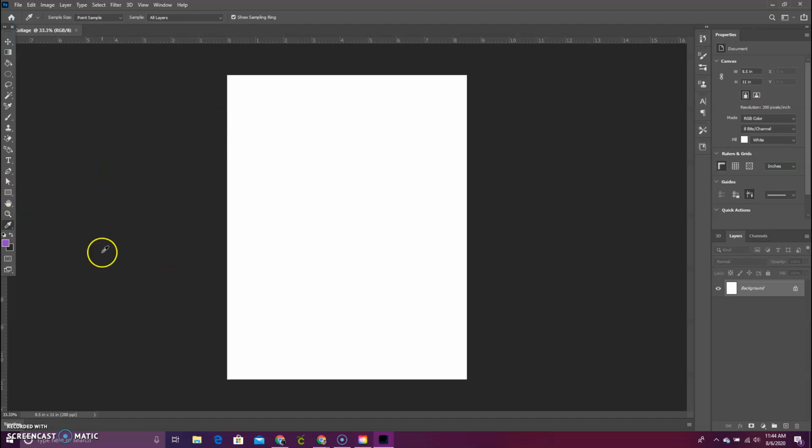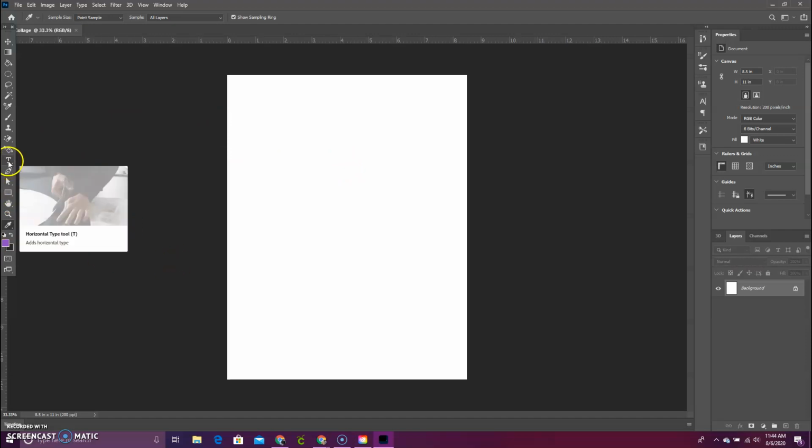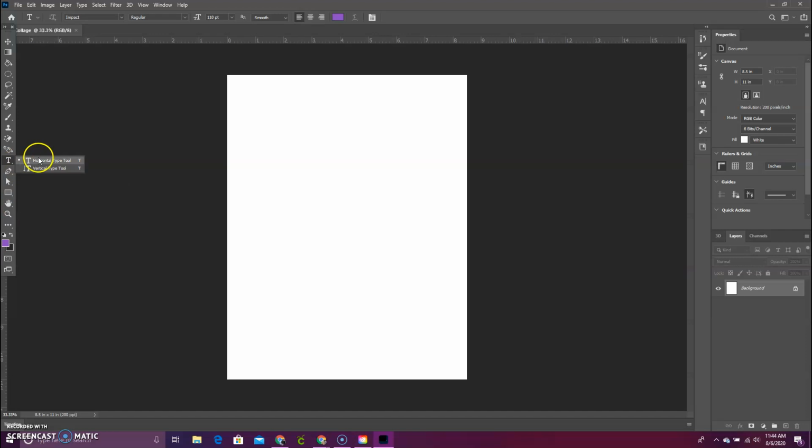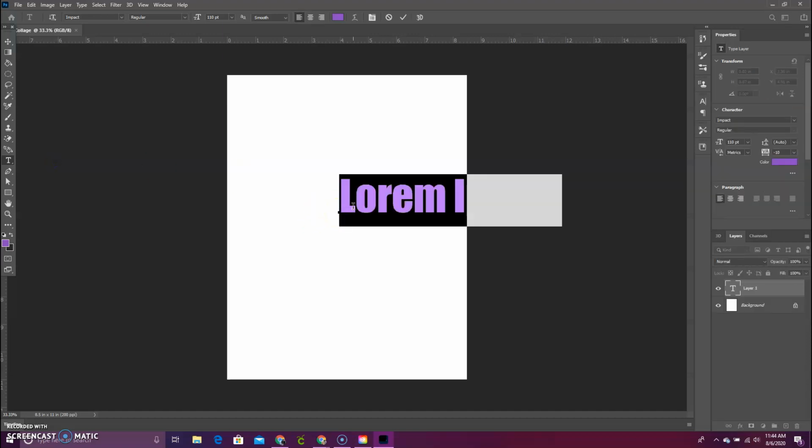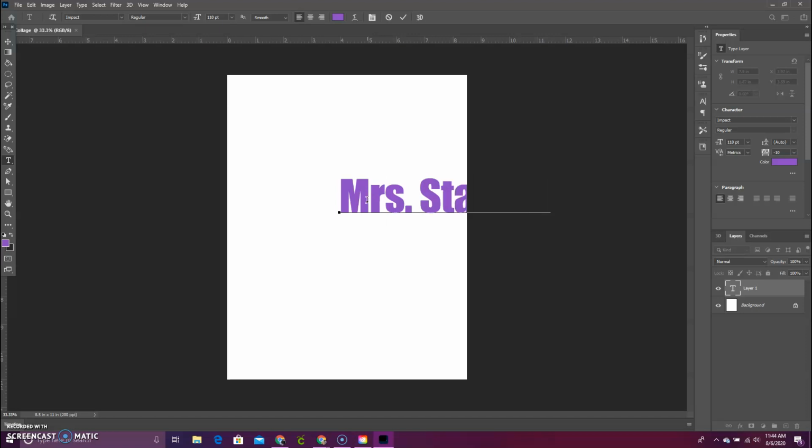So first thing we're going to do is work with that text function. If we left click, you'll see the options within that function. So we have horizontal type and vertical type. Horizontal is straight across the page from left to right, so I'm going to stick with that. I am going to click near the center of my page. You'll see that some text automatically pops up. I want to get rid of that right away, so I always just type what I want to have on there first. At this point, you'll notice over here, being that I added text, it added a